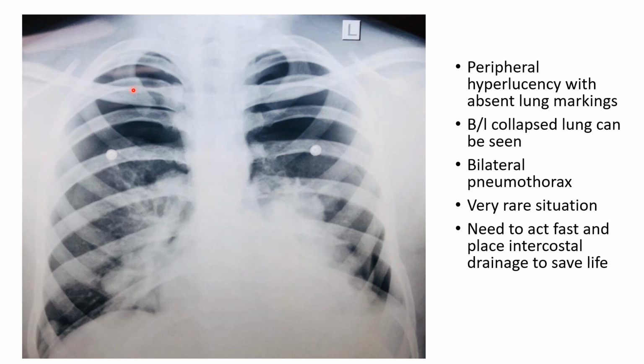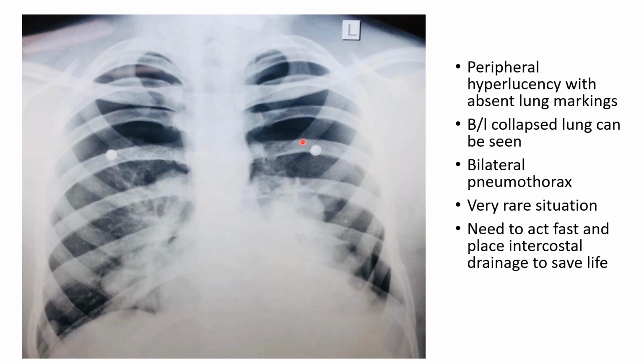So this is quite rare. When you have a bilateral pneumothorax, it's quite rare, so rarely does it occur. But when it occurs, it is a very dangerous condition because both lungs are collapsing, so oxygenation is not happening, so the patient will be very tachypneic and desaturating, and he may die anytime. So as soon as you see something like that, bilateral pneumothorax,